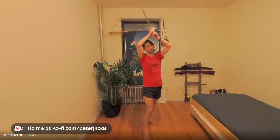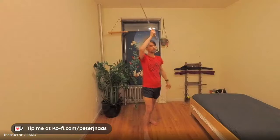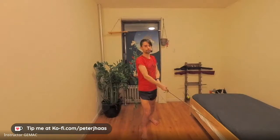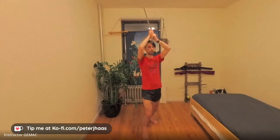From here, you can do this next bit. We're going to do right Oberhau. You can either go into the High Lugensland or Vomtag, or if you don't have a whole lot of room, feel free to do it from the shoulder as well. Whatever you're more comfortable with. And 1, 2, 3, 4, 5, 6,